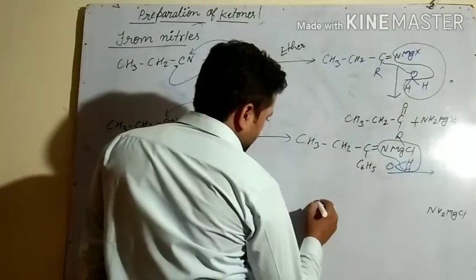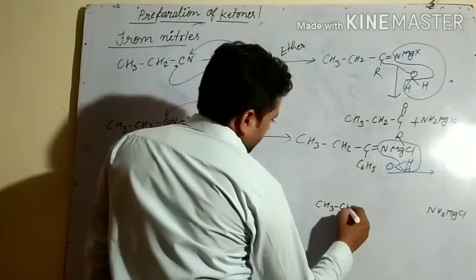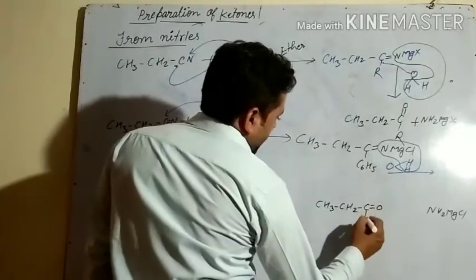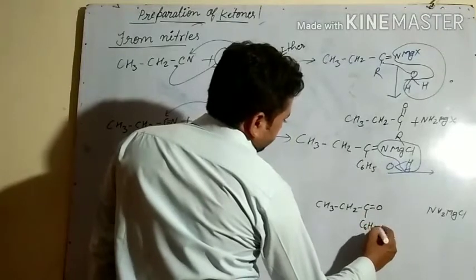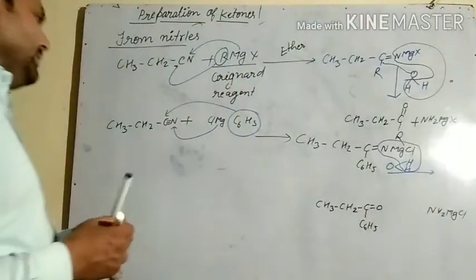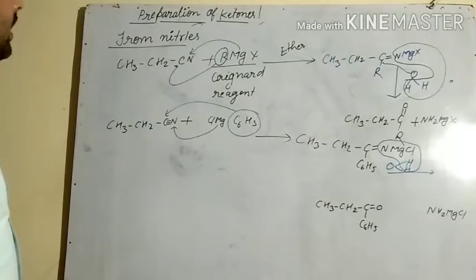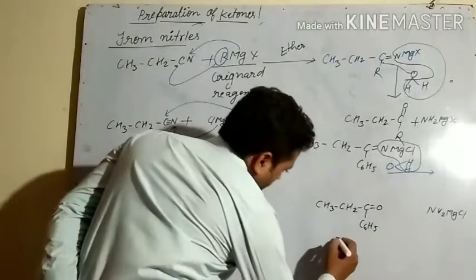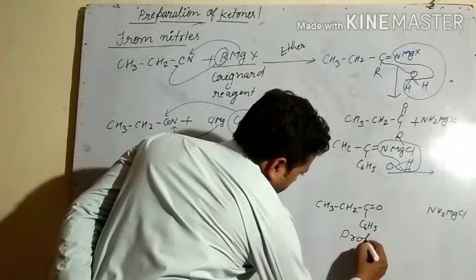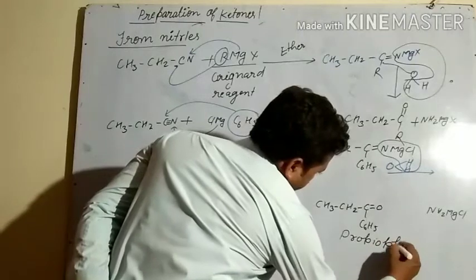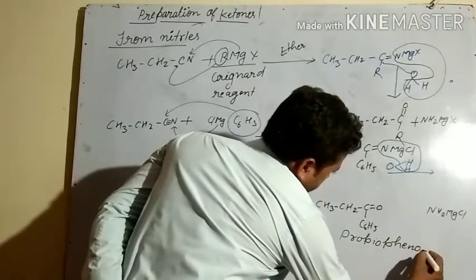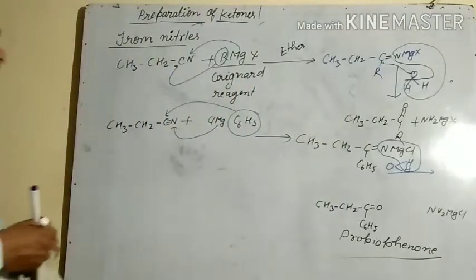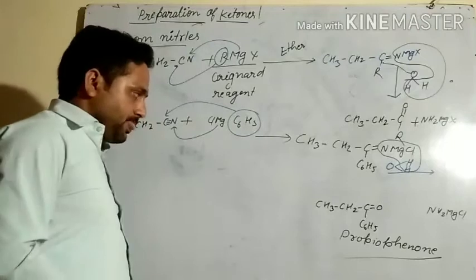So we can write like this: CH3, CH2, CO, this oxygen to there, and C6H5. So what will be the name of this compound? The name of this compound will be propiophenone. So by this method, we can prepare